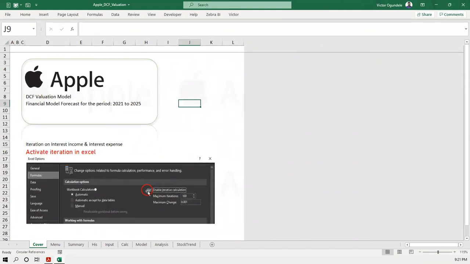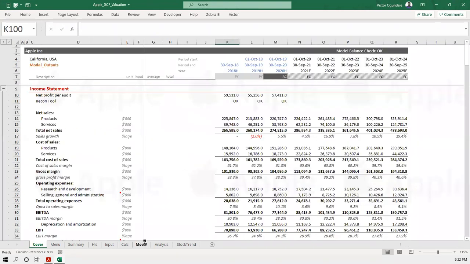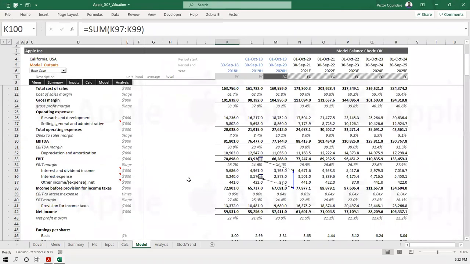For this model, when you open it, do you have an idea what we call iteration in Excel? Iteration. Yes. No. Okay, so when we build a model, especially a corporate model, we usually have this. You can see this sign here. It's telling you that it is what we call a circular reference, where a formula is referring to itself. So we usually have that whenever we are calculating our interest income and at times interest expense.